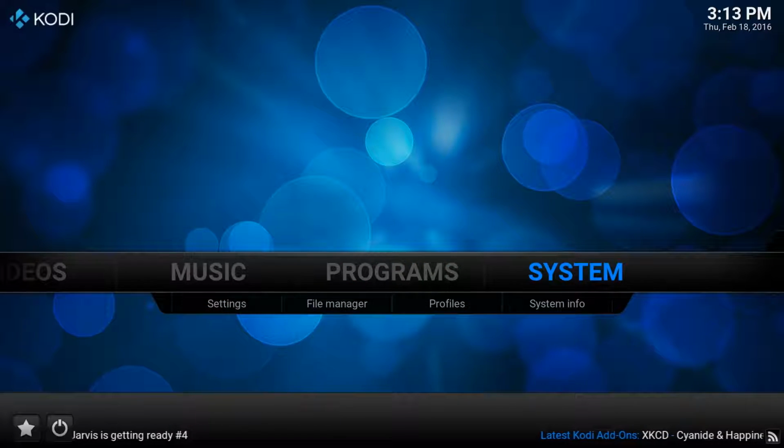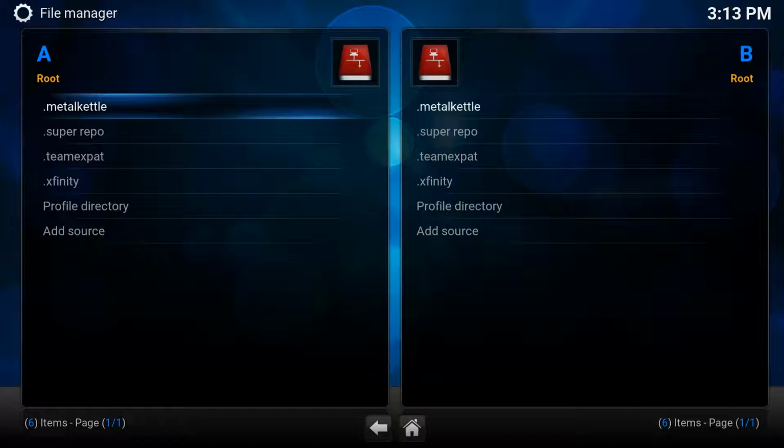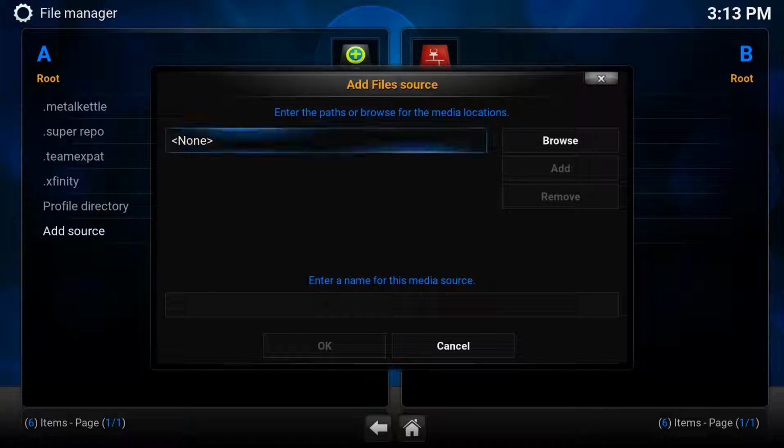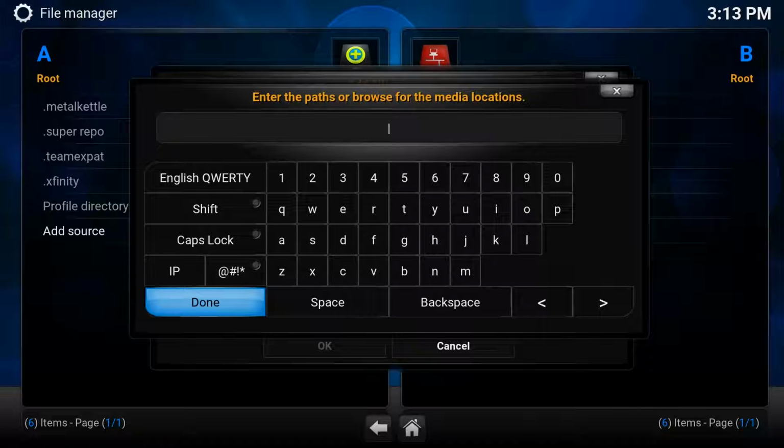Basically what we're going to do is we're going to go over to System, go down to File Manager as we did before, and we're going to add another repository. So in this case we're going to add source. Now this one goes up and down like a yo-yo. Sometimes it's on, sometimes it's not. So be aware of that. If there are any changes to the address or anything like that, I'll do my best to put it in the description down below. So if you have any errors once you put this address in there, look in the description down below, and I'll keep you updated with the latest address for this repository.